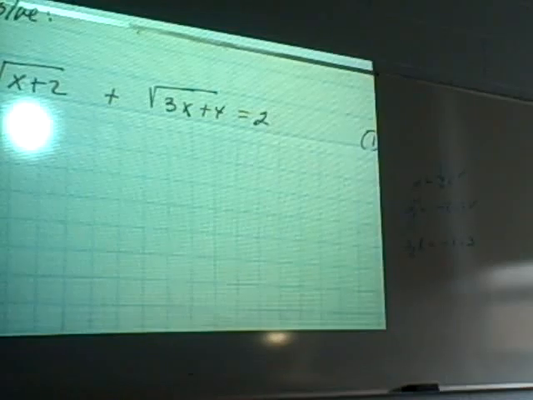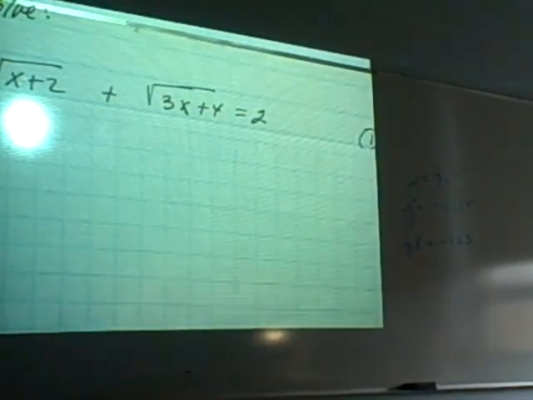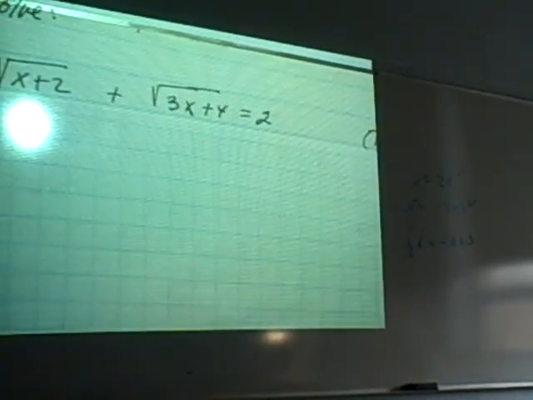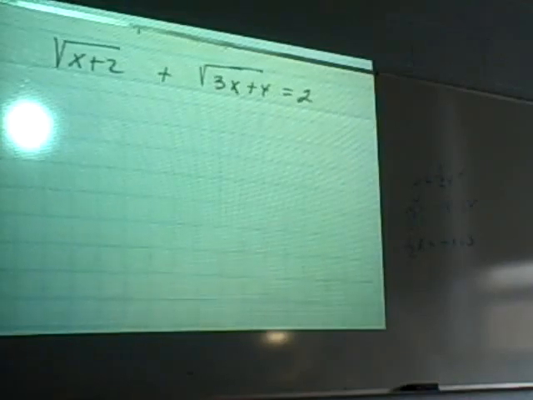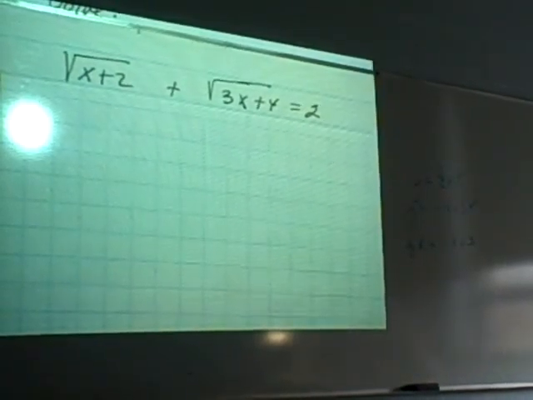So I have two things to teach you. I'm going to walk you through this one problem, and I'm going to walk you through another problem, and that's it. Okay? So in this case, I have x plus 2 plus, well, rad x plus 2